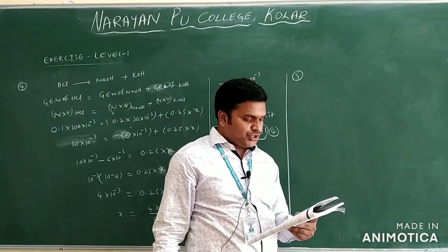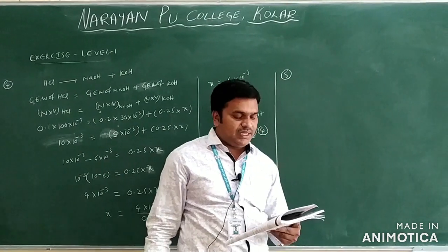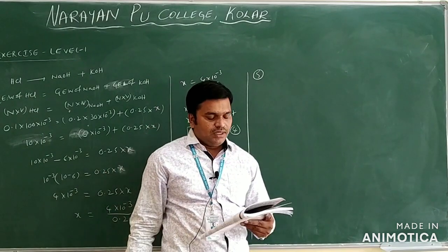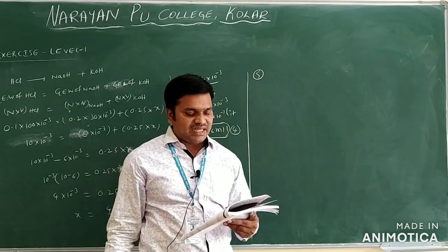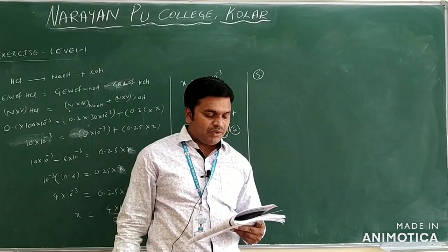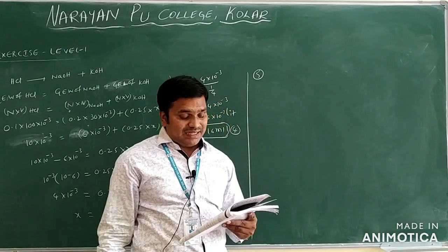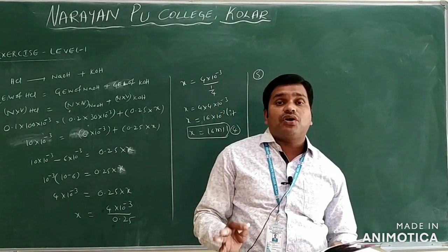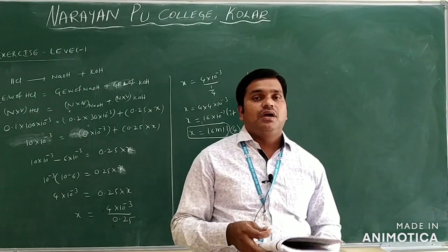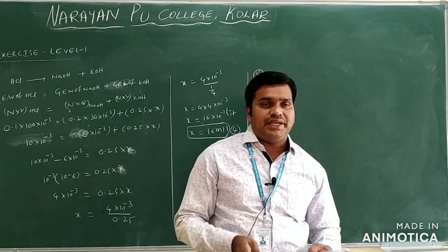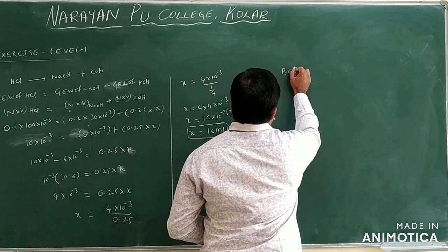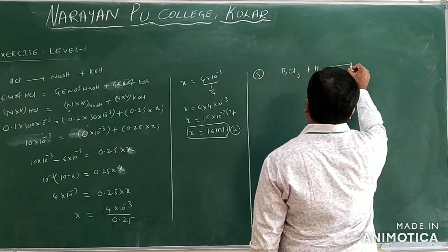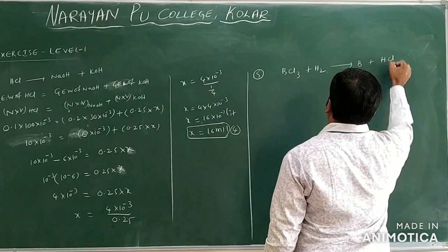See the next question we have, question number 15. What volume of hydrogen gas at 273 Kelvin and 1 atmosphere will be consumed in obtaining 21.6 grams of elemental boron, atomic mass given 10.8, from the reduction of boron trichloride by hydrogen. Boron trichloride formula BCl3. You will take BCl3. Reduction means adding of hydrogen gives boron B plus HCl only.